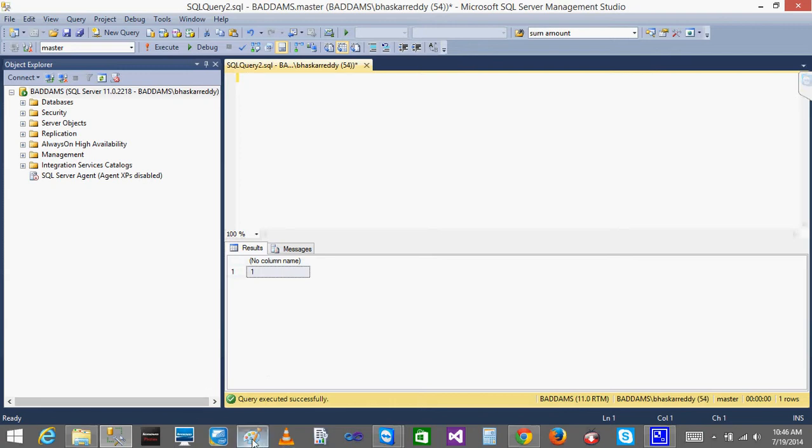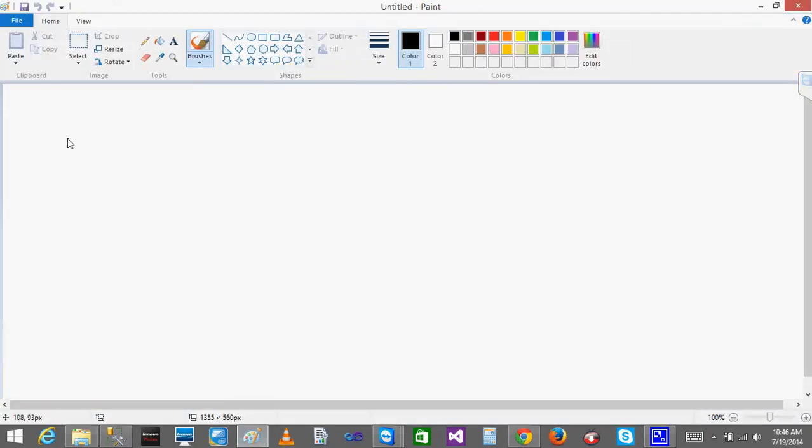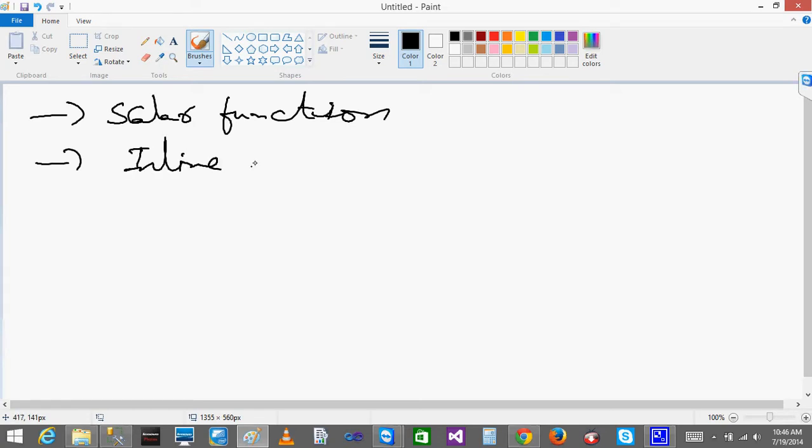As per the user defined functions, there are three categories that you can define. The functions that the user is going to declare and define are divided into three categories. One is a scalar function, another is an inline table valued function, and another is a multi-statement table valued function.